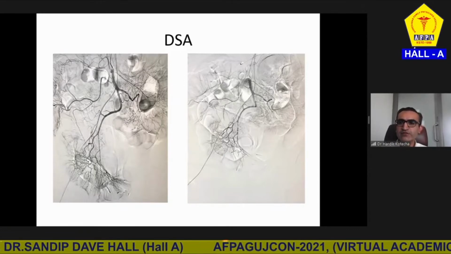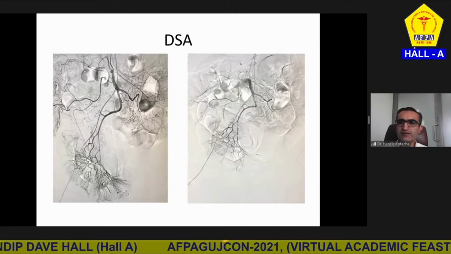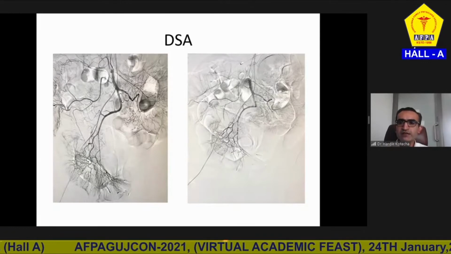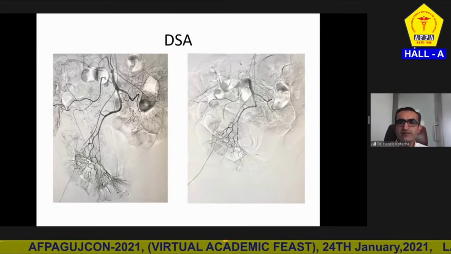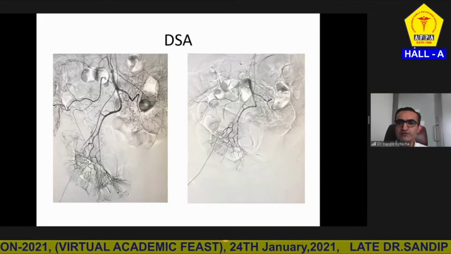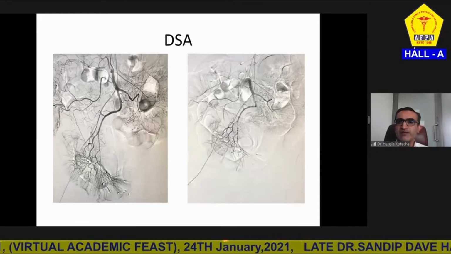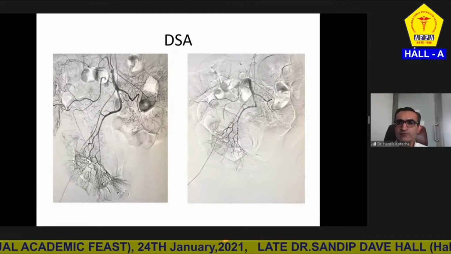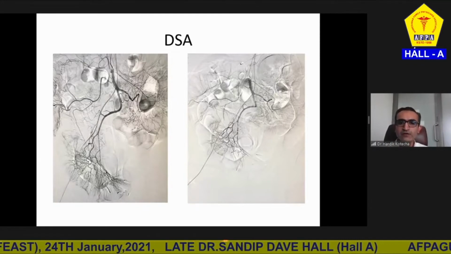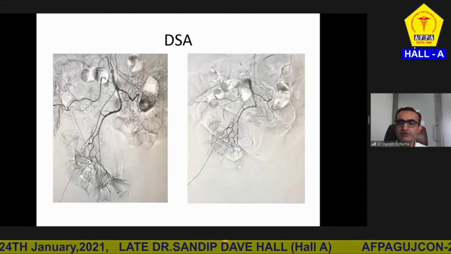The intervention radiologist told me that your clips are fine, the patient is not bleeding, we don't need to do anything. However, she had comorbidities. Already we have injected contrast 2 times. If she develops renal failure, she is going to develop. I told him it is better to coil the feeder vessels from the internal side too. So he did coiling of the feeder vessel, and after the coiling, there was no blush.